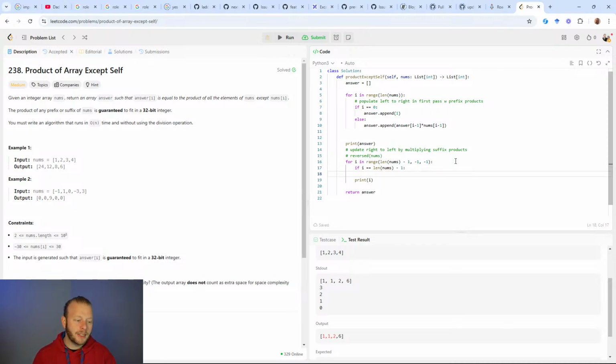Then I could just pass. Because what I want to do is multiply it by 1 right to left. So I could just pass. But let's go ahead and multiply it by 1. I want to say right, left, else, right,